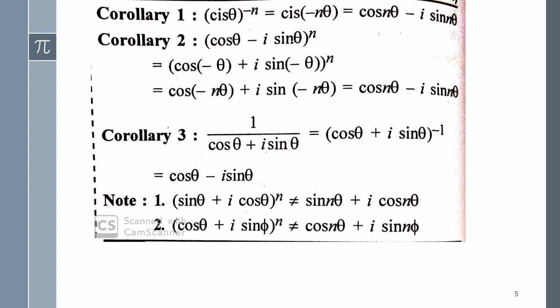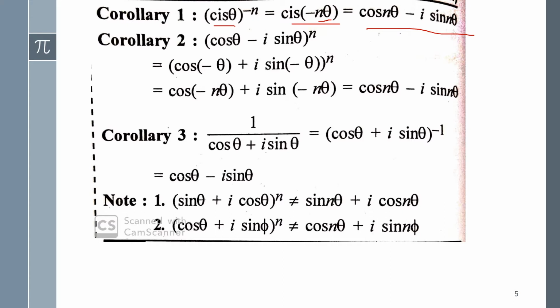Okay, so please check corollary 1, and it's given sec theta, and sec theta means cos theta plus I sin theta. So sec theta whole raised to minus n equals to sec of minus n theta, that means cos plus I sin theta, and in place of theta here it will be n theta. So this one equals to, we can apply sec of minus n theta, and this one actually we can write like this, cos n theta minus I sin n theta.